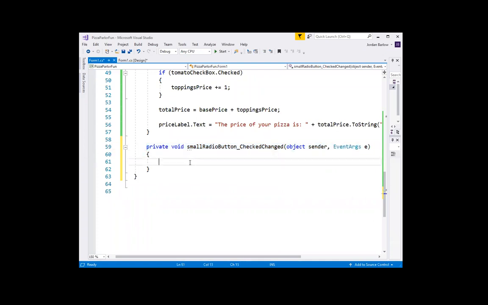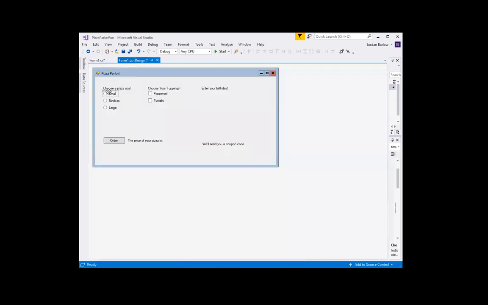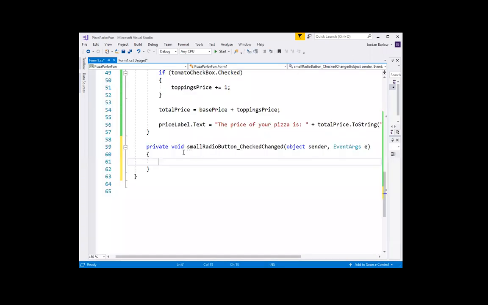So this is what happens when this radio button is either selected or deselected, checked or unchecked. So when the user clicks on that radio button, we could have